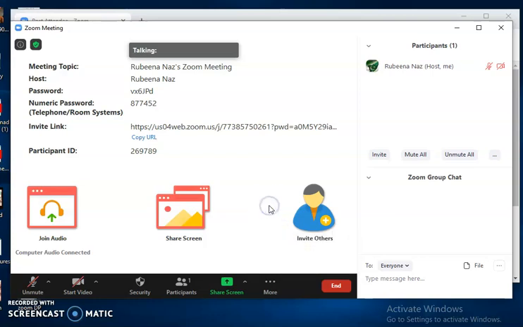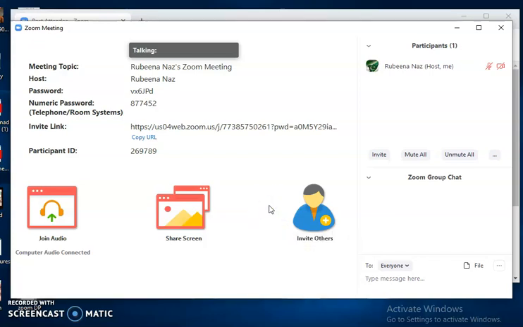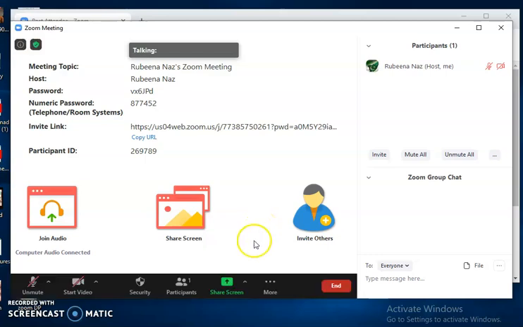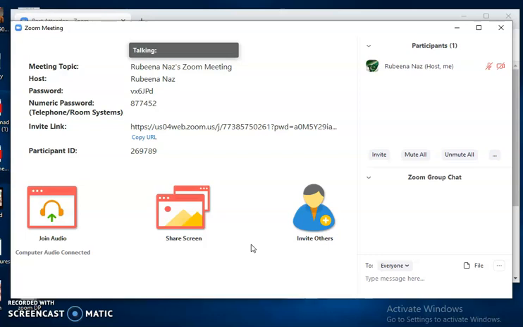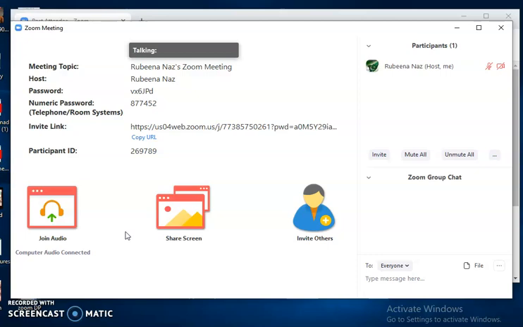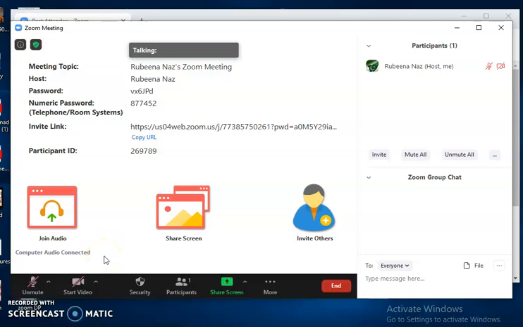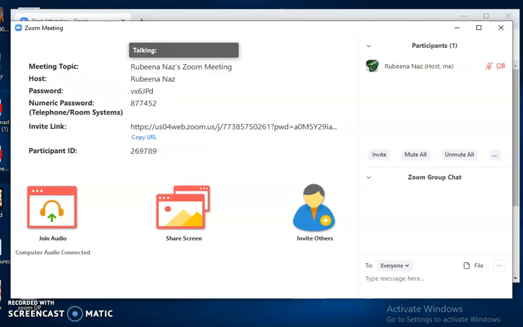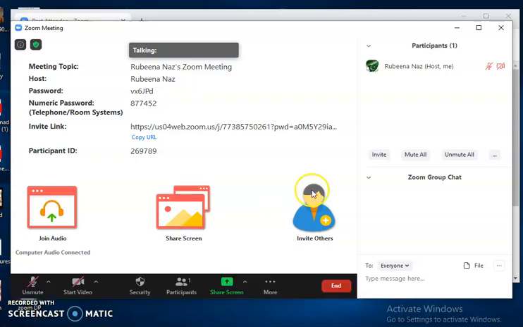Fine students, I hope that you all understand very well, and if you still feel any problem, you can also ask me. The major problem my participants were facing was the audio problem, join audio, that their voice is not audible, and how they can adjust their audio. And screen sharing, I have also given the message to use screen sharing. I hope that it's easy for you all. Fine. Now come to the next one.